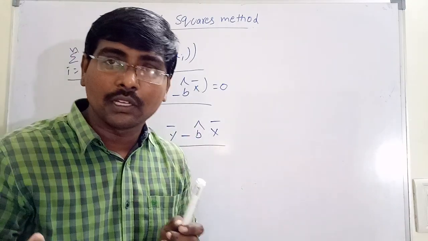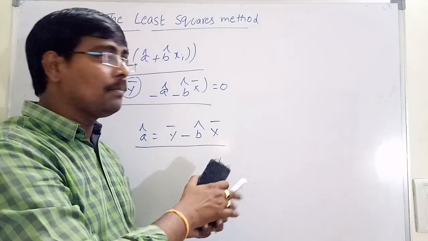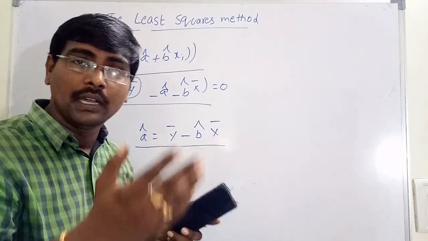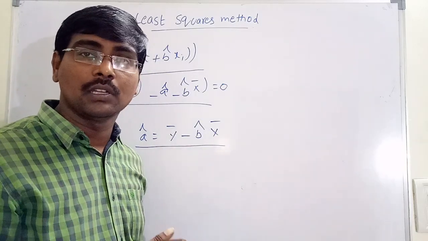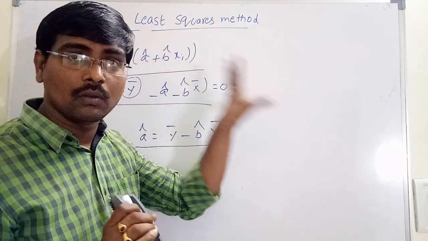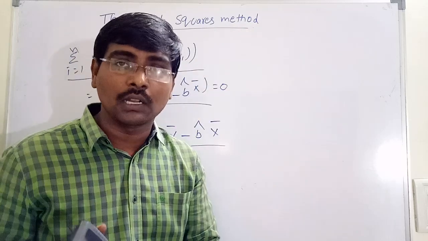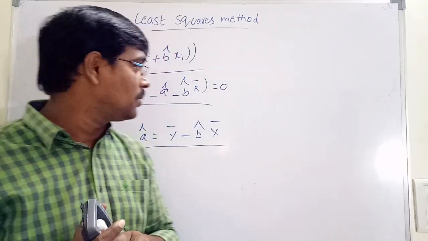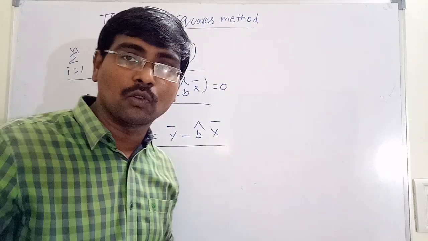By deriving all these, we get this solution. Now in the next session, we will move to multivariate regression and some additional points. We have some more additional points in the least square method. Remember, the least square method is not completed. We will move to the next part for completion of the least square method. Thank you.